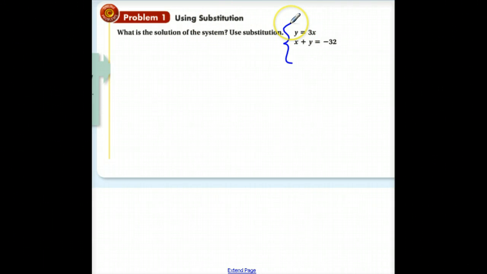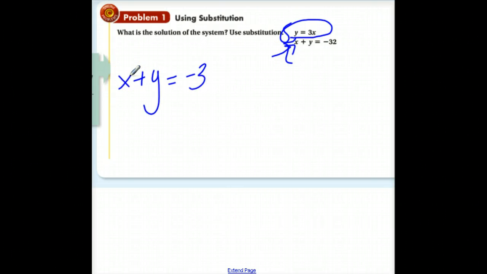Basically, if you have two equations just like we did in the last lesson, if we set one of them equal to a variable, in other words, y equals 3x, we can substitute that equation or value for y into the other equation and find our xy solution. Here's what I mean. This first equation is already done for us, y equals 3x. So I'm going to start with this second equation, x plus y equals negative 32,